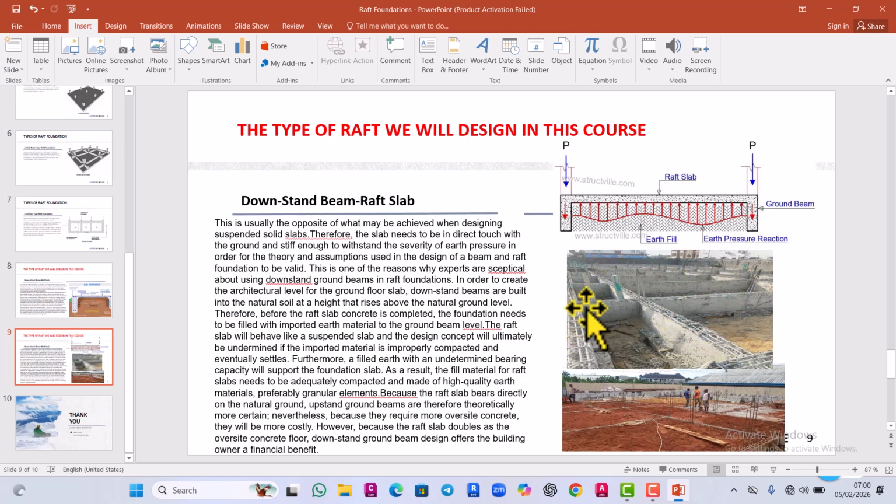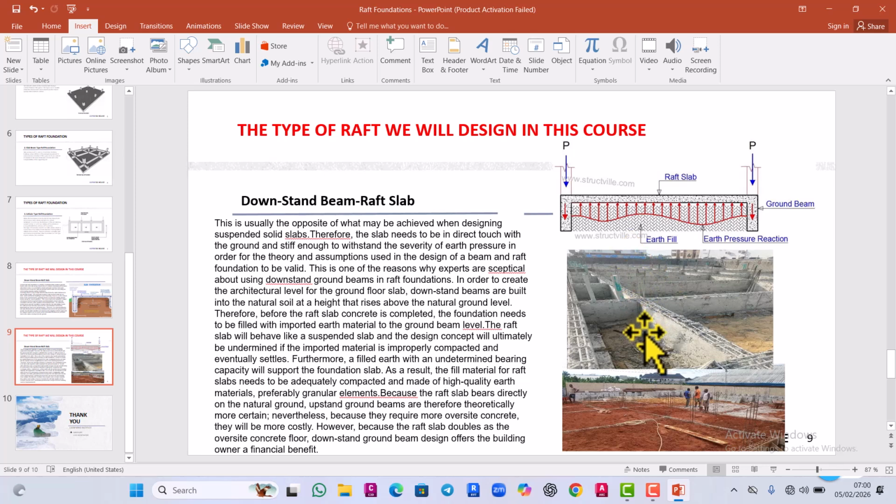This is the beam. As you can see, here is very open. So after you have done this now, you can now bring in what? Imported fills, which is like sand. You begin to fill in layers and compact, just as you can see that they have filled up to this level, and make sure you have what? Compacted. Now, why you have to compact very well and make sure that it's a granular material is because over